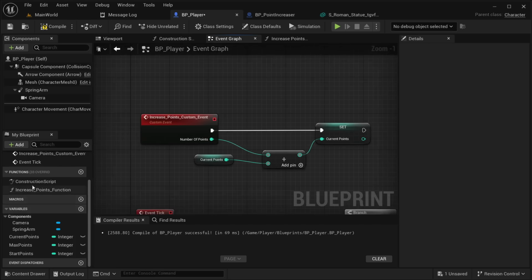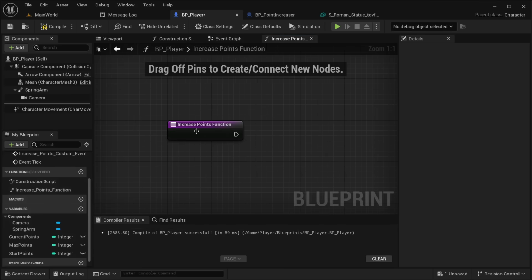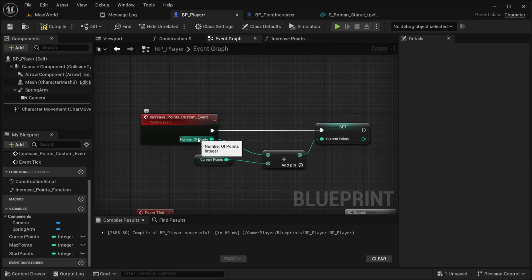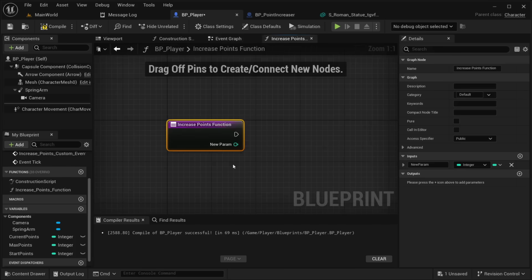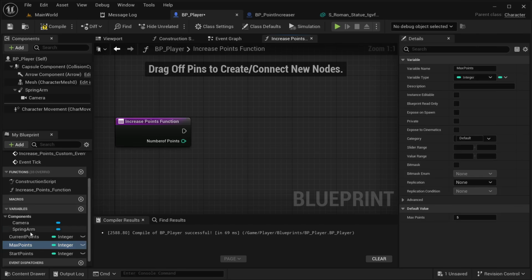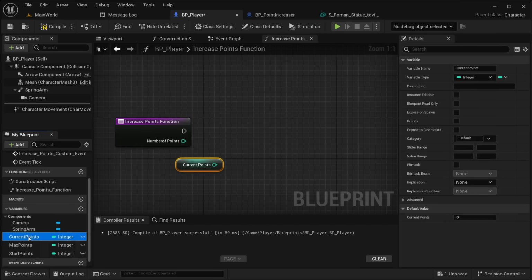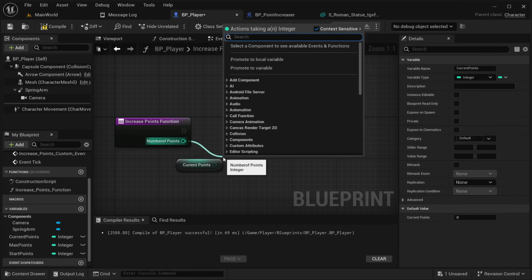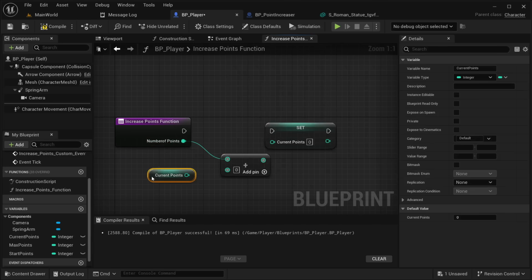I'm going to be doing the same thing with our increase points function. Here again, I'm going to be creating an input, and let's just use the same name, so it should be number of points. Place it here. And same thing, I'm going to get our current points, then I'm going to set this value. I'm going to add to our current amount,